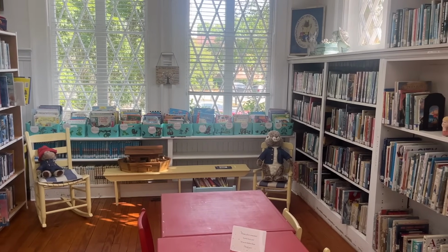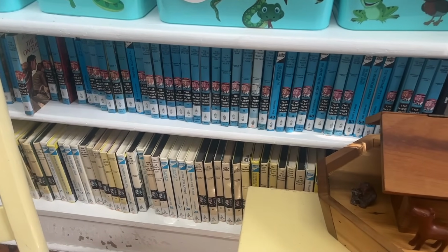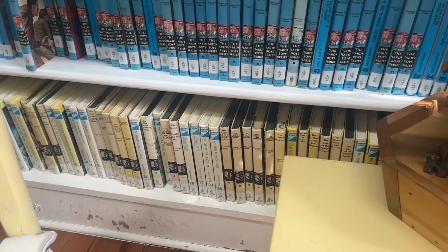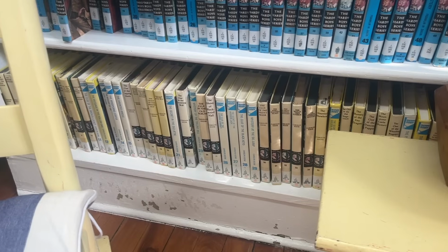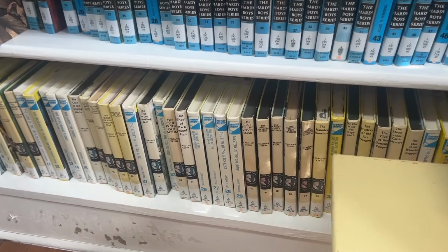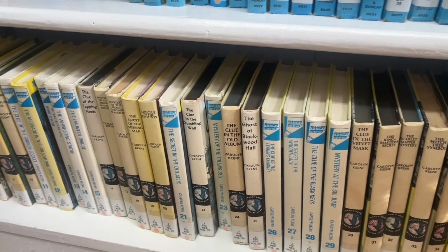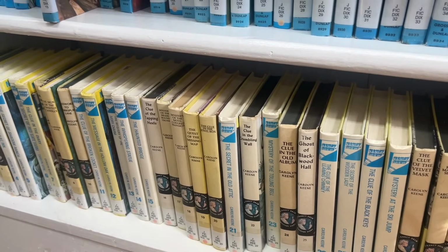The library is also located in the historic district of Summerville, and it is listed on the National Register of Historic Places. And here is a collection of Nancy Drew books, which started my whole love of cozy mysteries. And speaking of cozy mysteries,